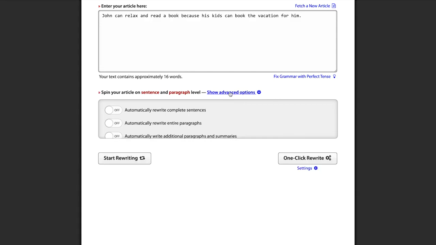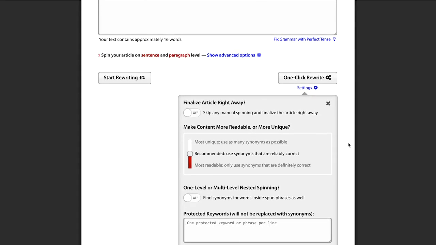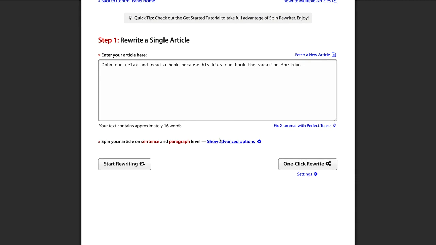And then we've also got the one-click rewrite settings, which tell Spin Rewriter what to do with individual words and phrases. This is how we tell Spin Rewriter if we want to use as many synonyms as possible for every single word, or if we only want to use the synonyms that are definitely correct and that Spin Rewriter is very confident about. So we've got 2 different sets of settings, and then in order to move to step 2,